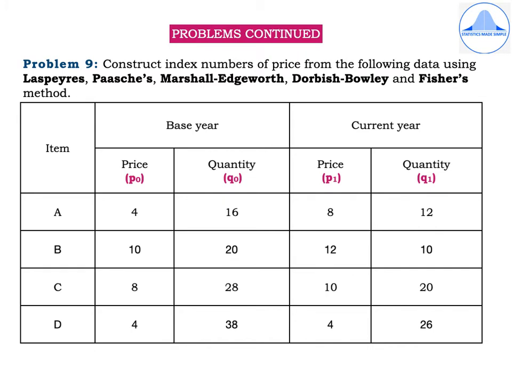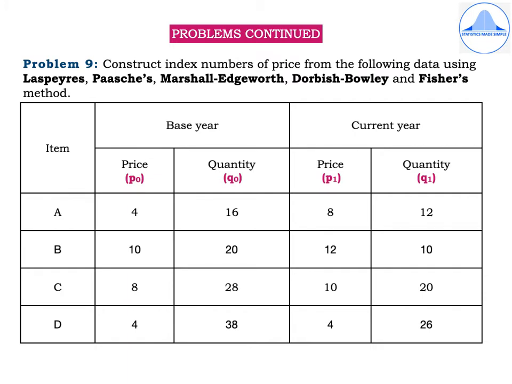Problem 9. Construct index numbers of price from the following data using Laspeyres, Paasche's, Marshall-Edgeworth, Dorbish-Bowley, and Fisher's method. In the first column, we have items A, B, C, D. Base year prices are 4, 10, 8, 4. The quantities for the base year are 16, 20, 28, 38. The prices for the current year are 8, 12, 10, 4, and the quantities for the current year are 12,